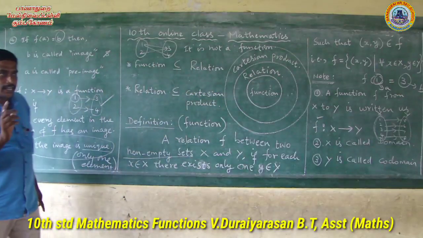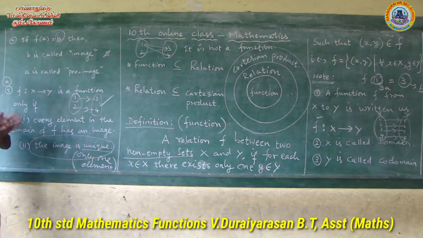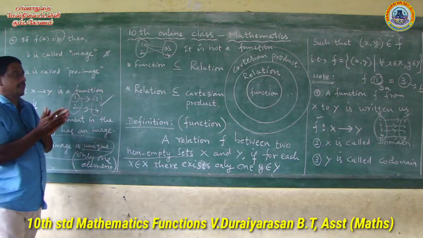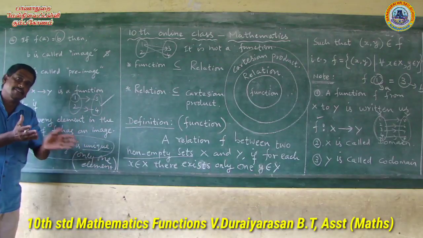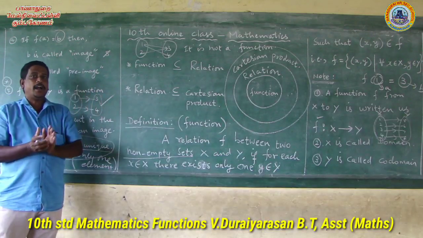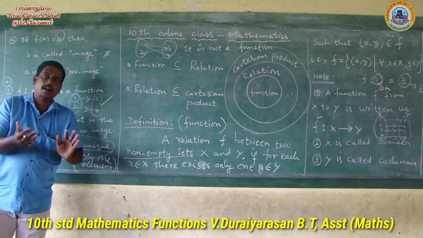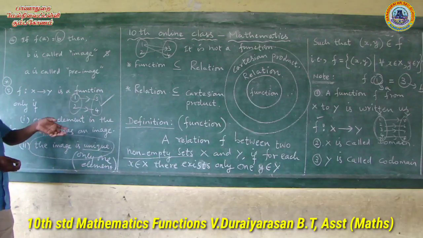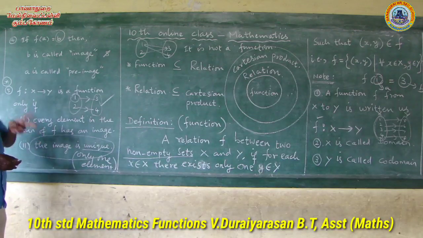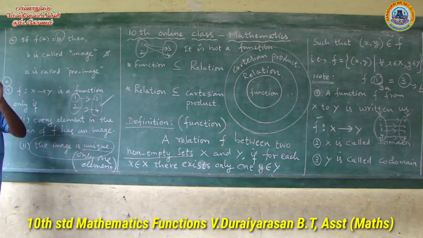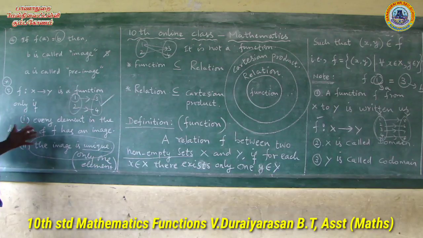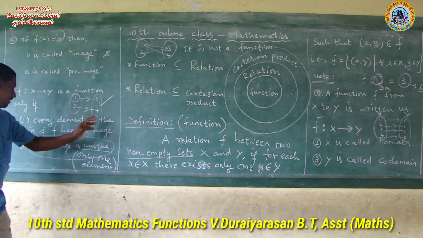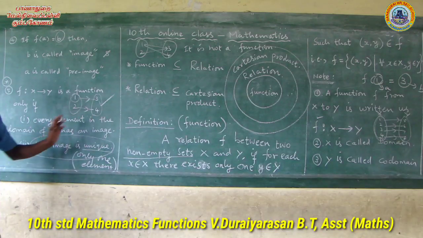Okay? Do you understand? Whether it is the given function, the given statement, the given arrow diagram, or the given ordered pair, to decide if it is a function or not, check that it satisfies two statements. Very, very important. There are only two important points. What is the first point? Every element in the domain of F has an image. The other one: the image is unique.